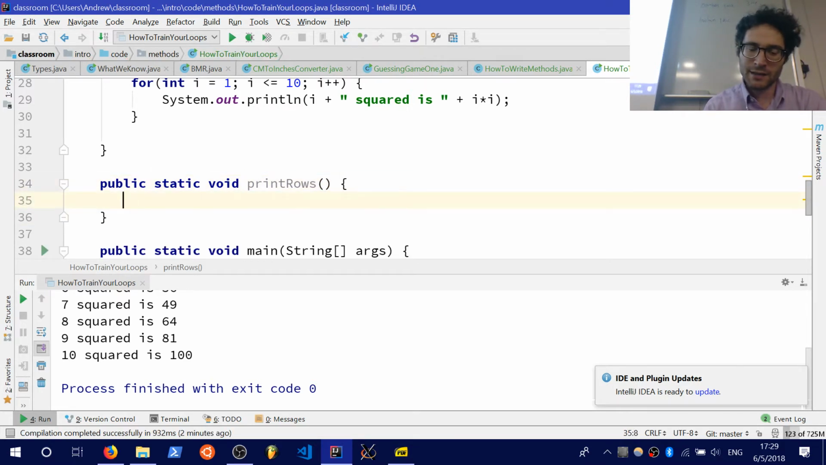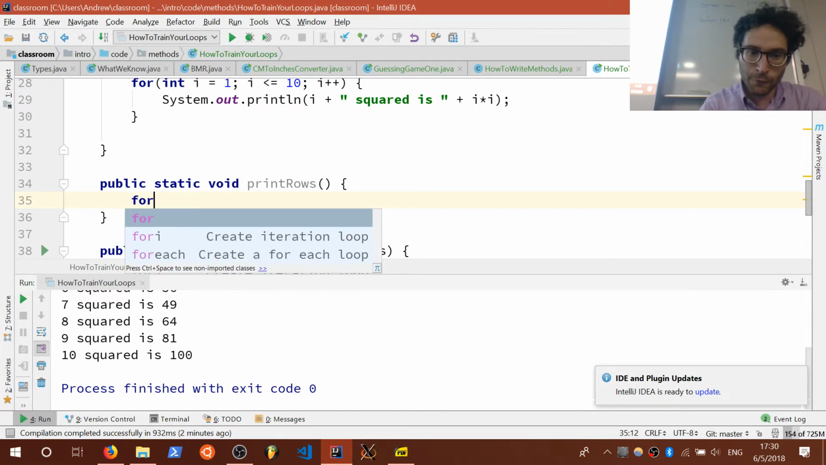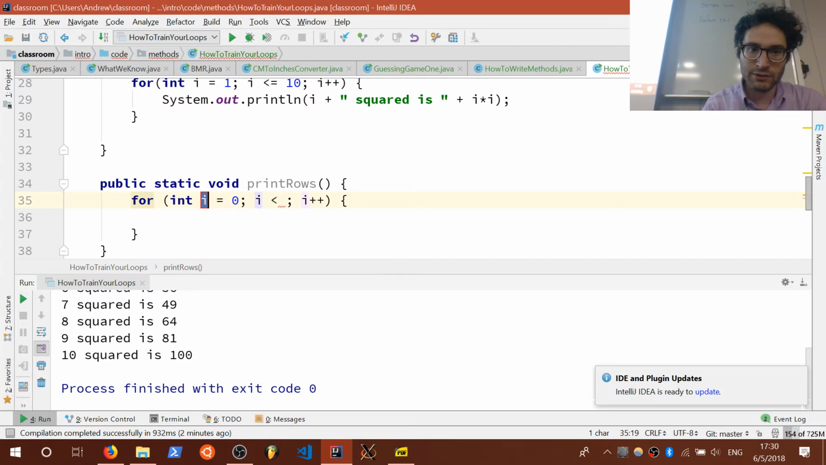This example is going to teach, this method will teach possibly the most any one method teaches in the entire class. So let's go ahead and get to it. For int i is equal to 5, i is equal to, let's go with,